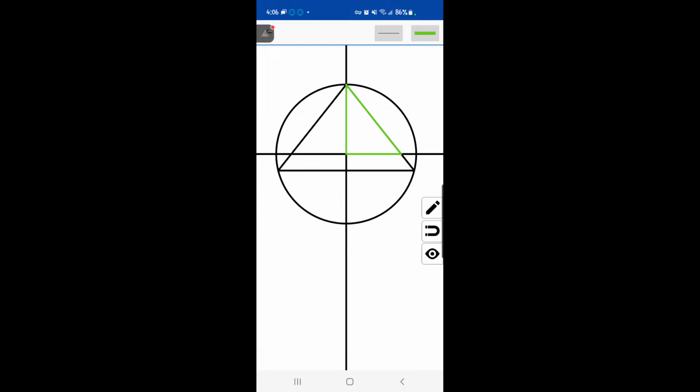So I can tell you right now that the height, which is the radius of this circle, is the golden ratio. And